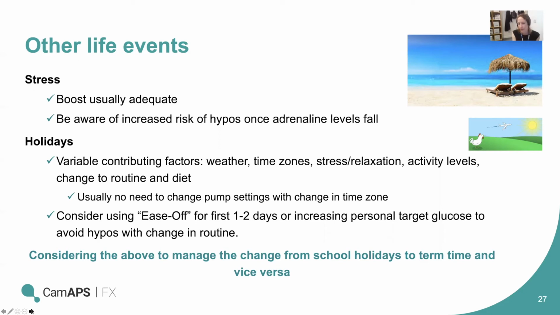I do think it's really worth using ease off for the first couple of days or increasing the personal glucose target. And it's probably worth doing this by at least a couple of millimoles. So the default being 5.8, I would probably be increasing it to 7.5 or 8 for the first couple of days of a holiday or big change in routine, just to minimize the likelihood of hypos with that change. And again, with the closed loop algorithm learning, it's likely to catch up, but just where things change very